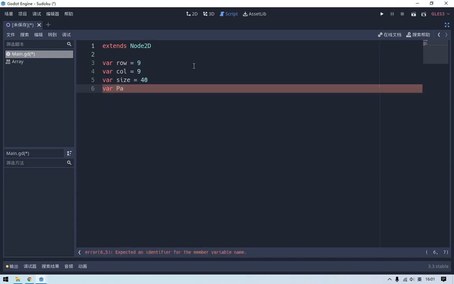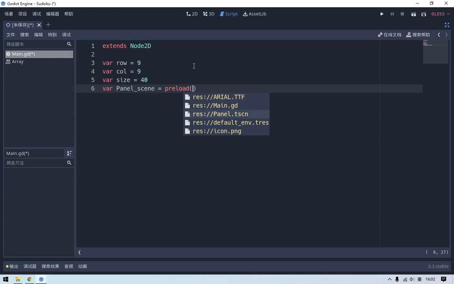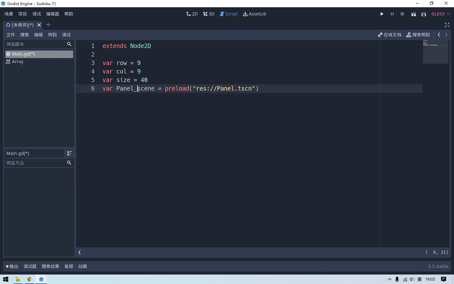We can use this variable panel scene is equal to preload this. So we preload the scene of panel,